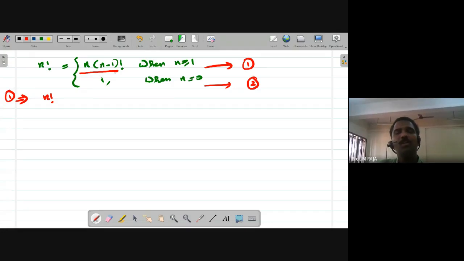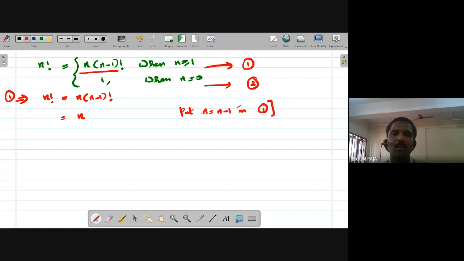This is a way to solve the recurrence relation using the substitution method. From equation 1, n factorial is equal to n into n minus 1 factorial. To find the value of n minus 1 factorial, if you put n is equal to n minus 1 in equation 1, we have